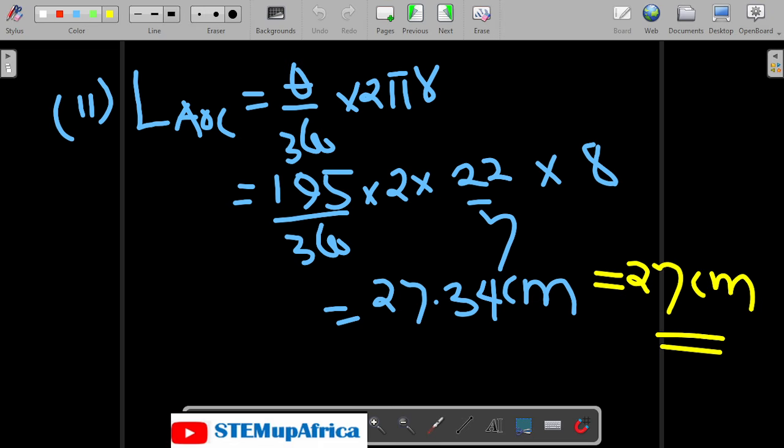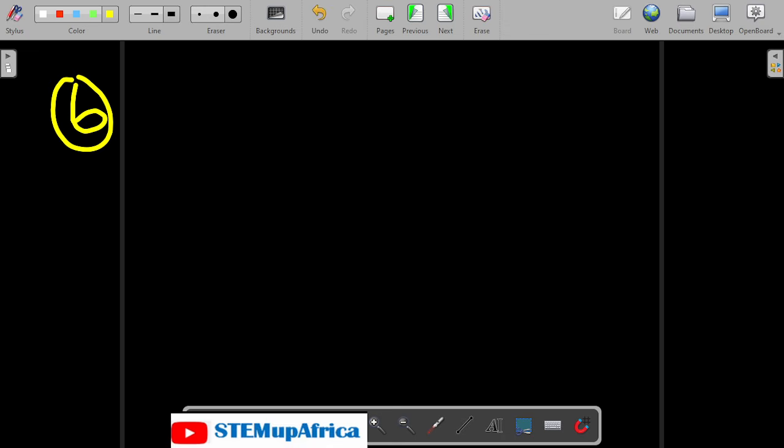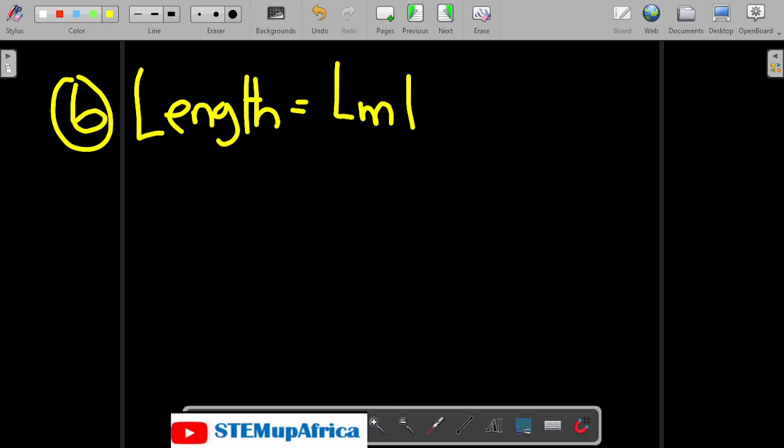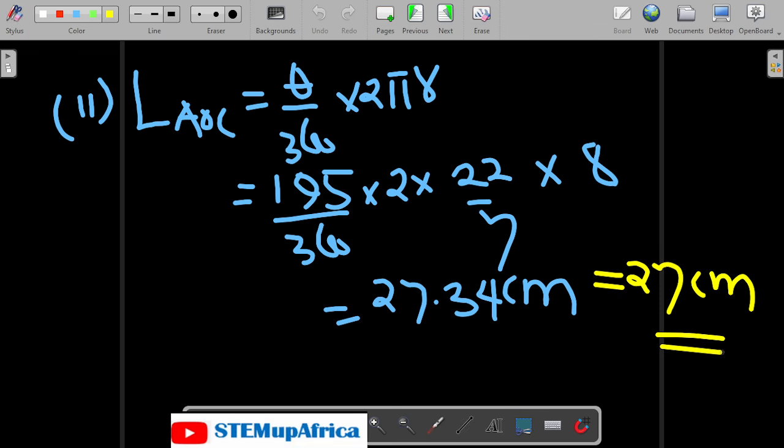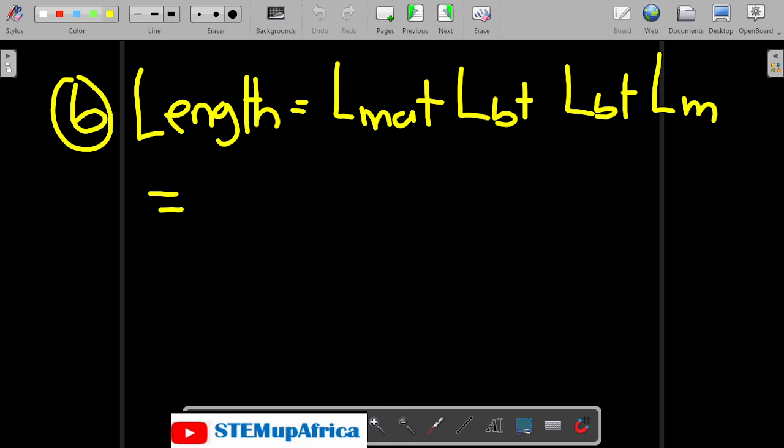Now B, the length now. So we have length of major plus length of belt plus length of belt, then length of minor, because the belt went round 2 times. So what is the length of the major? We have 27. Here becomes 27 plus